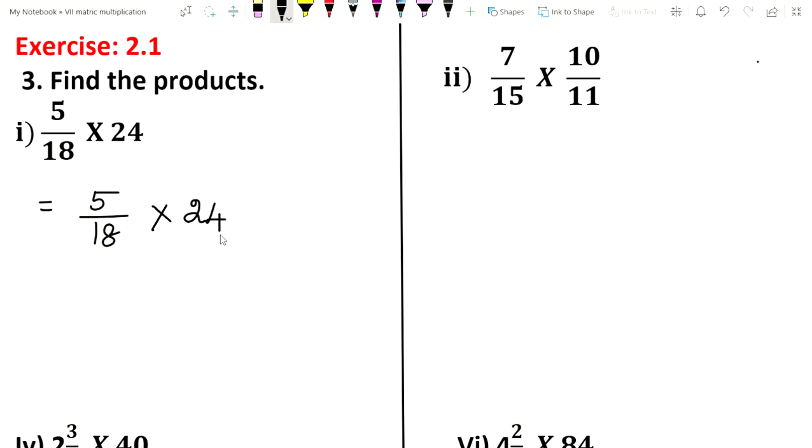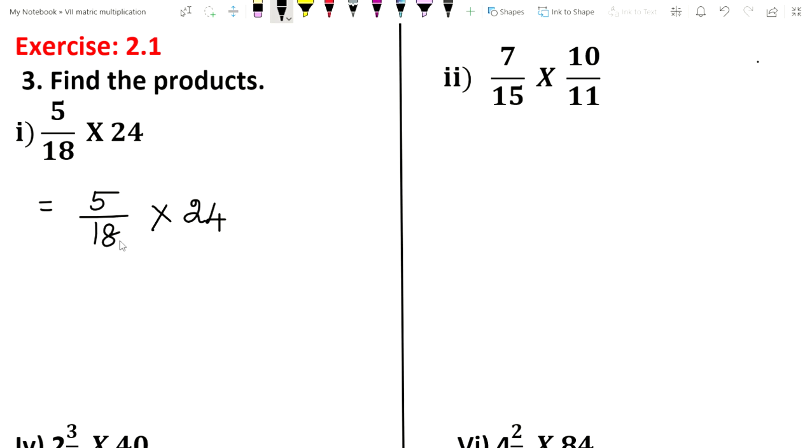So we are going to multiply. Before we multiply the numbers, we have to check if any possibilities are there or not. We have to check if any common factors are there or not. Okay, see here. 5, 18, there is no common factor. But 18, 24, we have the common factor. So 6 table, these two numbers. So the common factor is 6. First you divide this. After that you multiply the numerators and multiply the denominators.